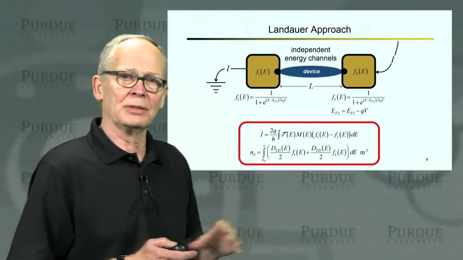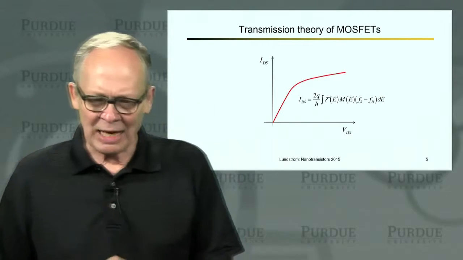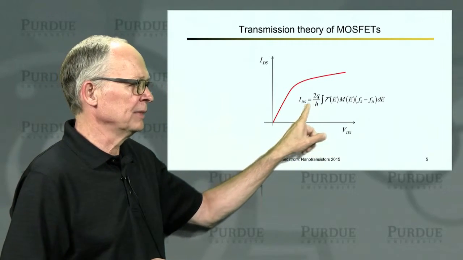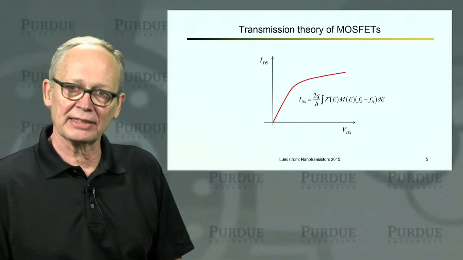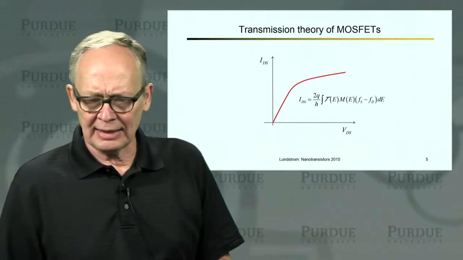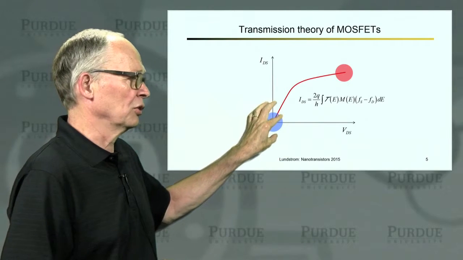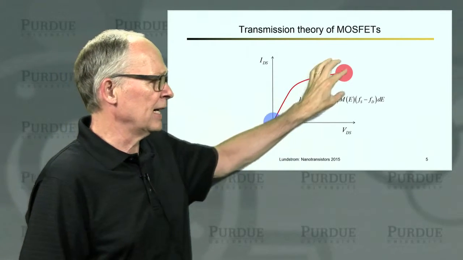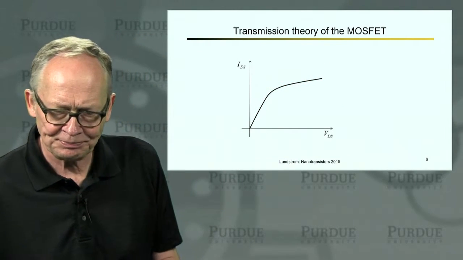So this was our starting point for the transmission theory that we developed. And we developed that theory by learning how to apply it to a MOSFET, and our goal was then to evaluate the current voltage characteristics, and we did that throughout the entire voltage regime. What I'd like to just remind you of is what the solution looks like under low drain to source voltage, the linear regime, and what it looks like under high drain to source voltage, the saturation regime.